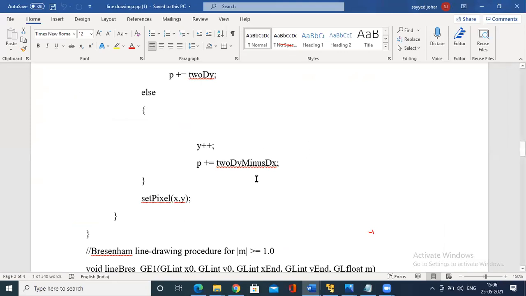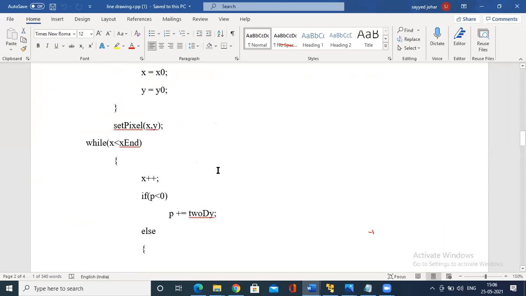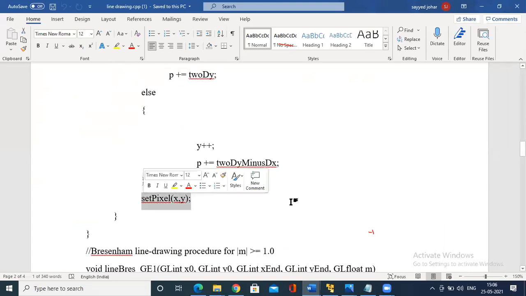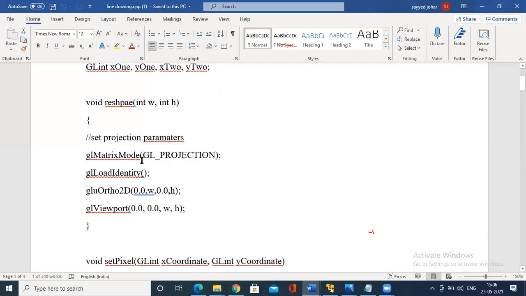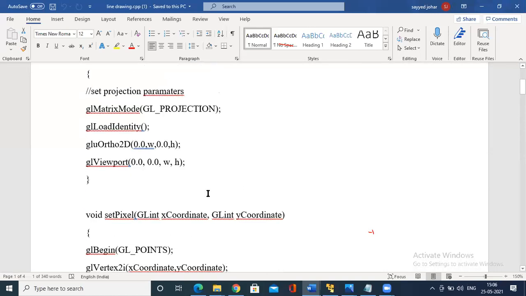And in the case of Bresenham lines, set pixel is a simple function that is used to set the coordinates individually. So how is this line drawn? If this is a line, it sets the pixel like this: 1 pixel, 2 pixel, till x naught, y naught. It simply draws the pixel till x and y end. So this itself is a program, either this kind of line, horizontal line, or vertical line. All these things are a concept, right?